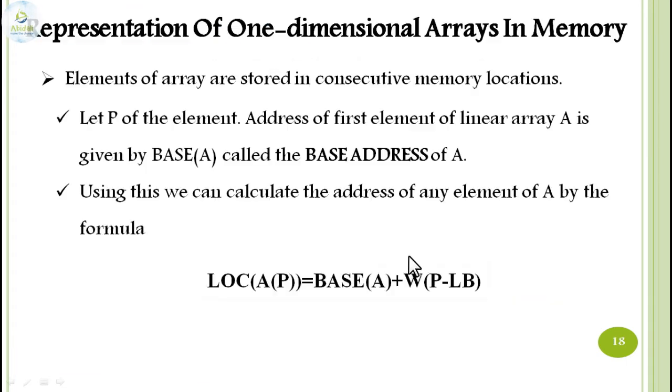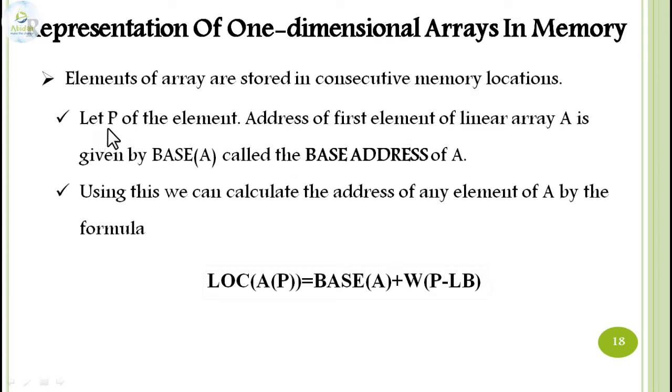That is the formula that we have seen, and we also calculated the length of the array that is given in the diagram. So in today's class we will be discussing the representation of a one-dimensional array in memory, how it is represented. The elements of a one-dimensional array are stored in consecutive, or continuous, or sequential memory allocation, that is one after another. Let us consider an example.